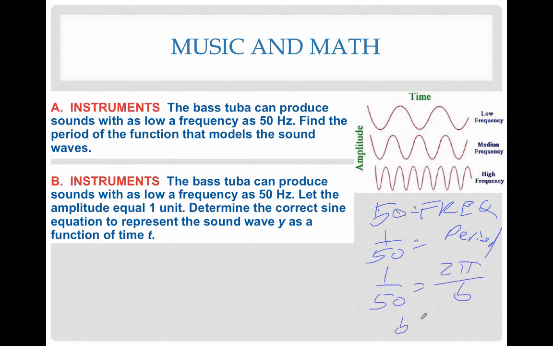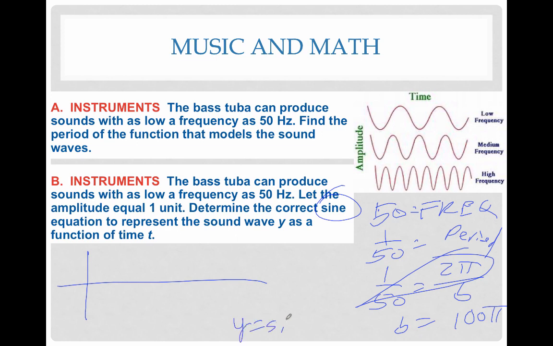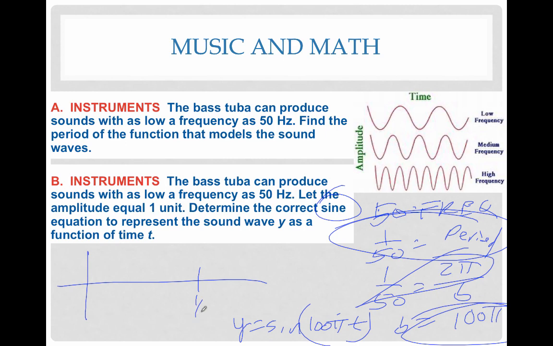So watch now. Cross multiply. What do I get? I get 100 pi, right? 100 pi. So when I write the equation, they want a sine curve. Y equals sine 100 pi times t. That's your value of b. Now your period is 1/50th. Again, 1/50th, cut it in half, 1/100th. Cut it in half, 1/200. Trick, 1/200, 2/200,